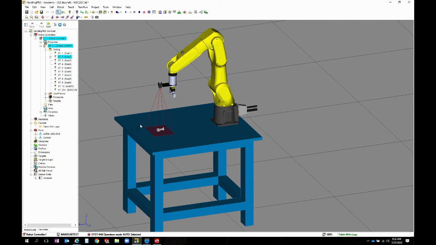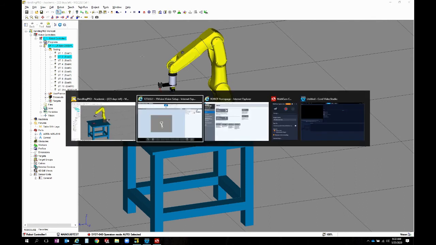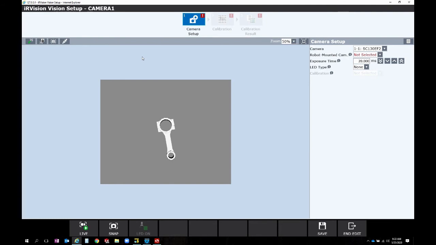We can also have a camera that would be fixed, meaning that it doesn't move with the robot. So think of it as something that maybe was secured to the table. We maybe have some kind of a framework above the table with the camera mounted to it. Okay, so going back to our setup screen, we're going to select this as yes, that the camera is mounted